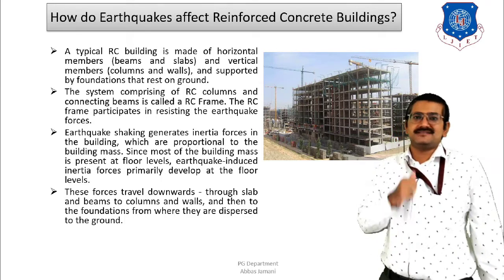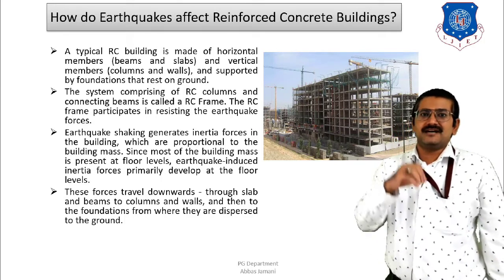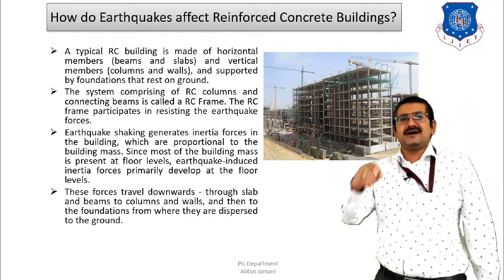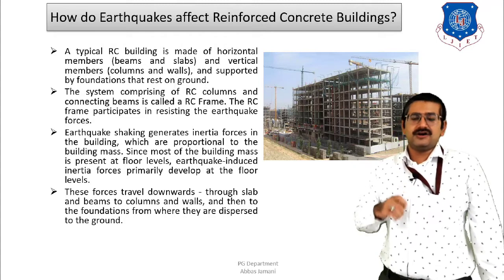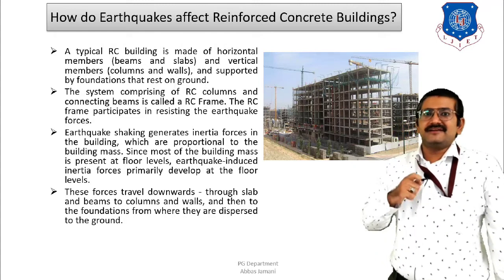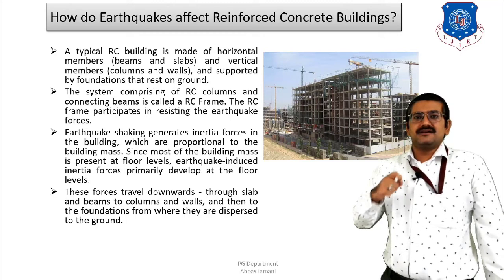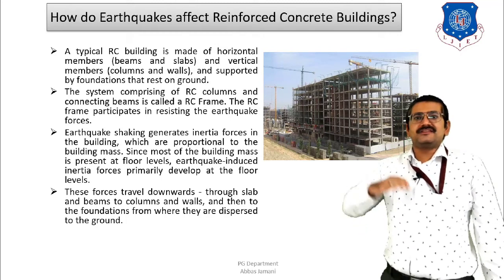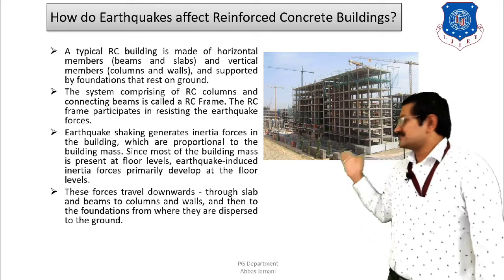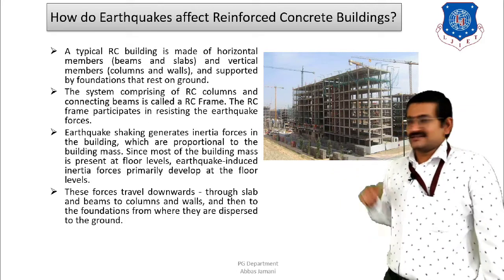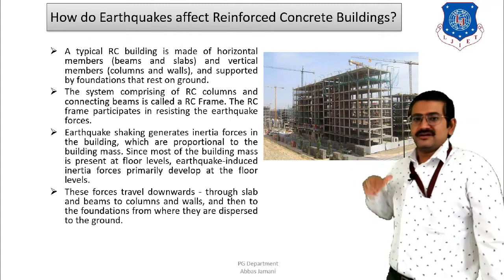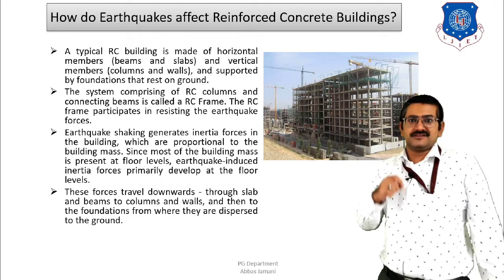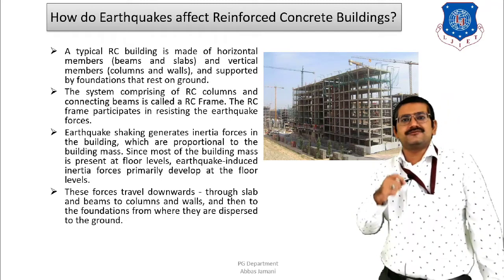In an RCC building, the inertia force is going to be concentrated wherever the mass is. In RCC buildings, the mass is concentrated at the floor level. As a result, we can say that different inertia forces, depending upon the quantum of mass, are going to be concentrated along the height of the building. So in the multi-story building that I have shown here, at each and every floor the concentration of mass is going to be there, leading to the generation of inertia forces. Why are these inertia forces and masses related?